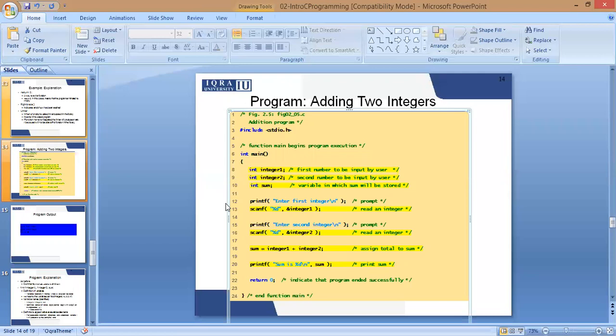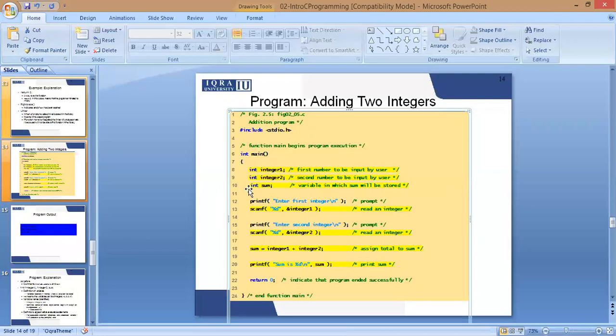Now, we have given the names integer 1, integer 2 and sum. It is not required that you give the same names. You can even give A, B and C to these integers, or D, E, F, J, H, I, anything you want. It does not have to be in a sequence. It can be A1, C20, B9. These can be the names of the variables as well. Integer is a constant and integer 1 is the variable name given to that constant.